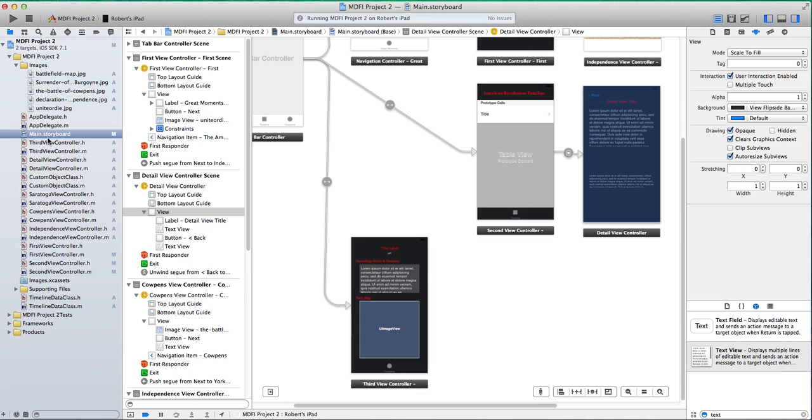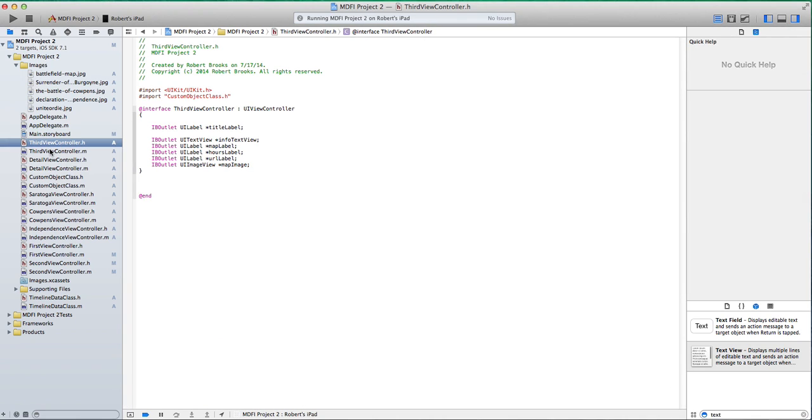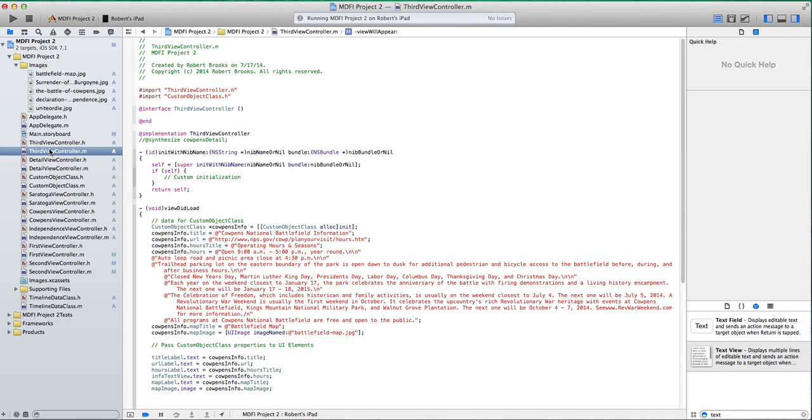Alright, briefly going over my code, here are the images that were included in my project. And this time I definitely included them in there. I made that mistake last time, a costly one at that. Let's see here. We will go to the third view controller, this is where I brought my custom data in